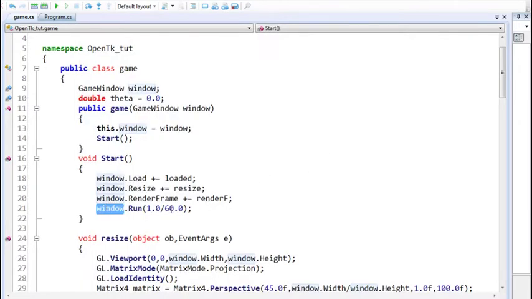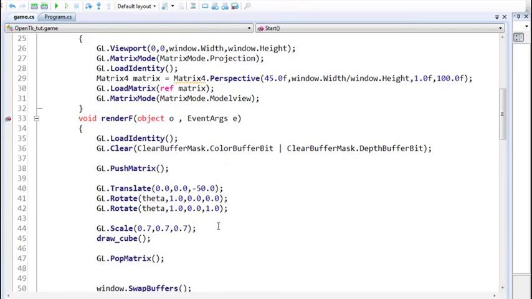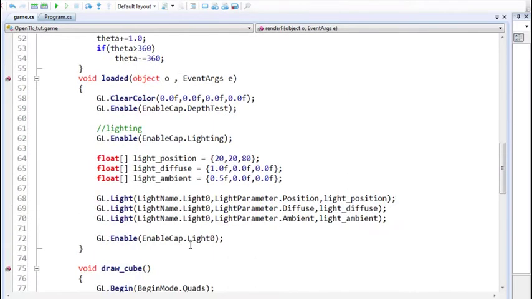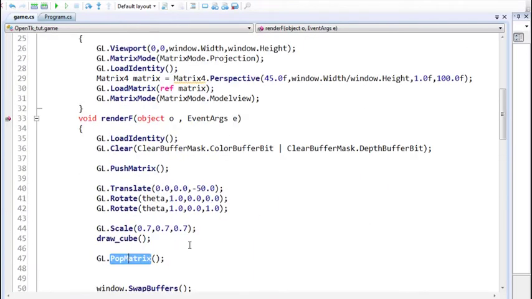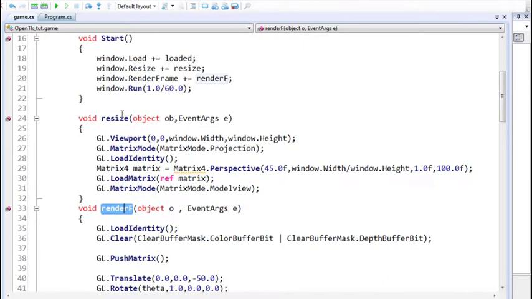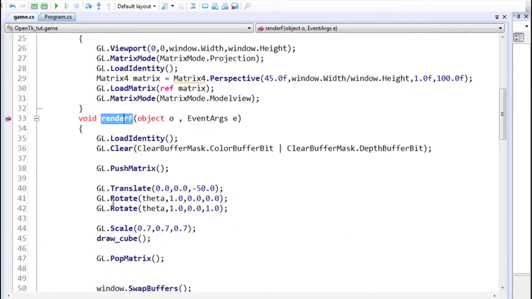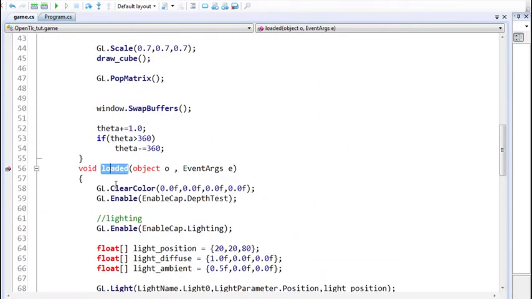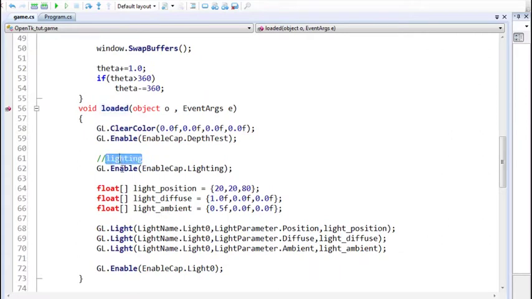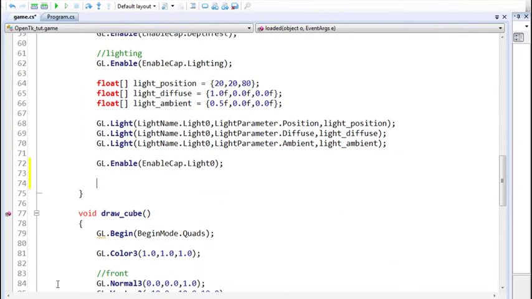So now we'll start with the practical stuff, and we'll do the texture mapping in the API. So we'll first go to the loaded function, which is called whenever the window is loaded. So we enabled lighting and we did all the lighting stuff from this function. So we'll also do the texturing stuff from here,